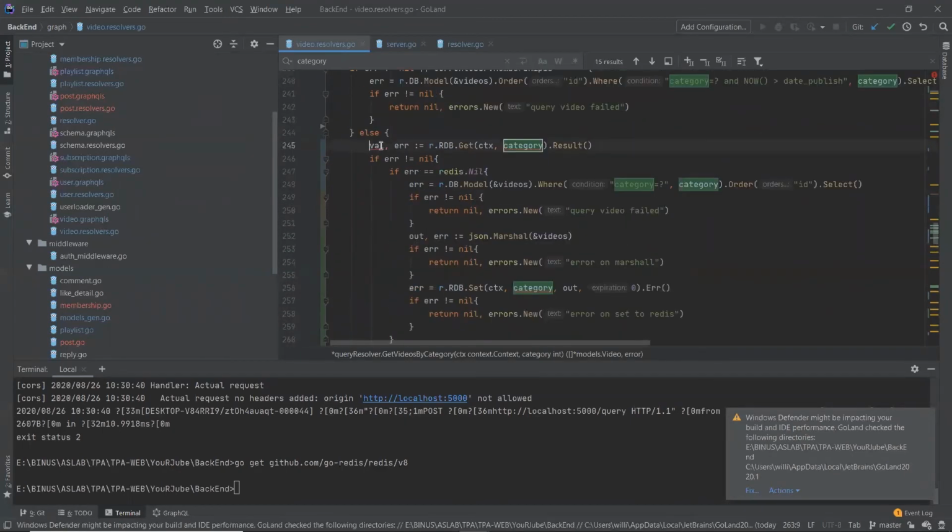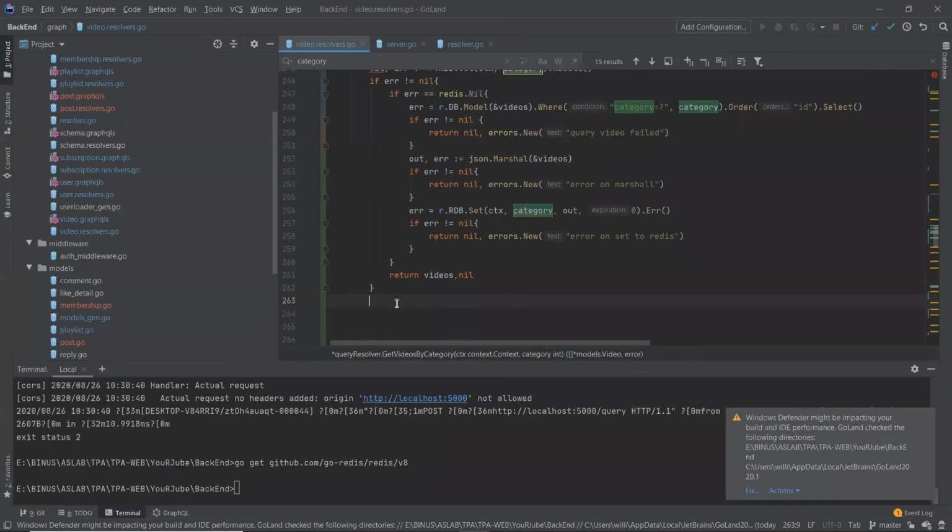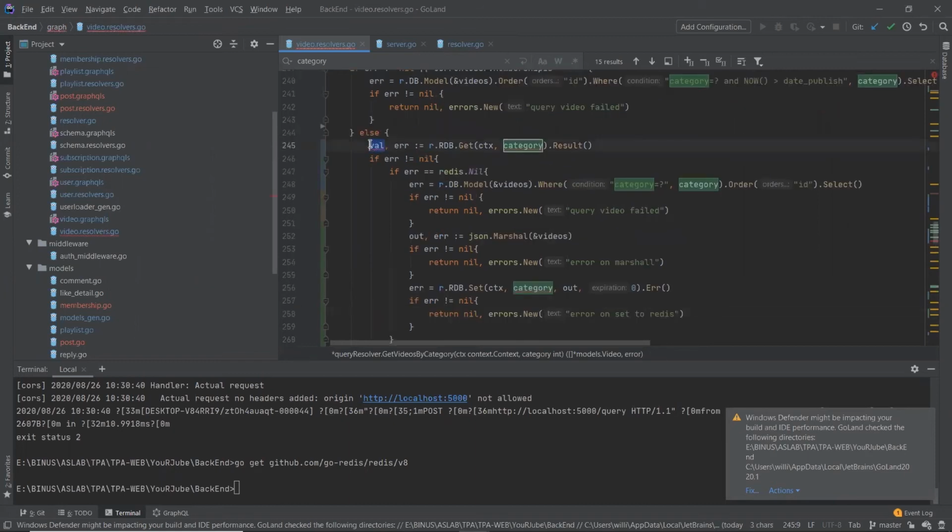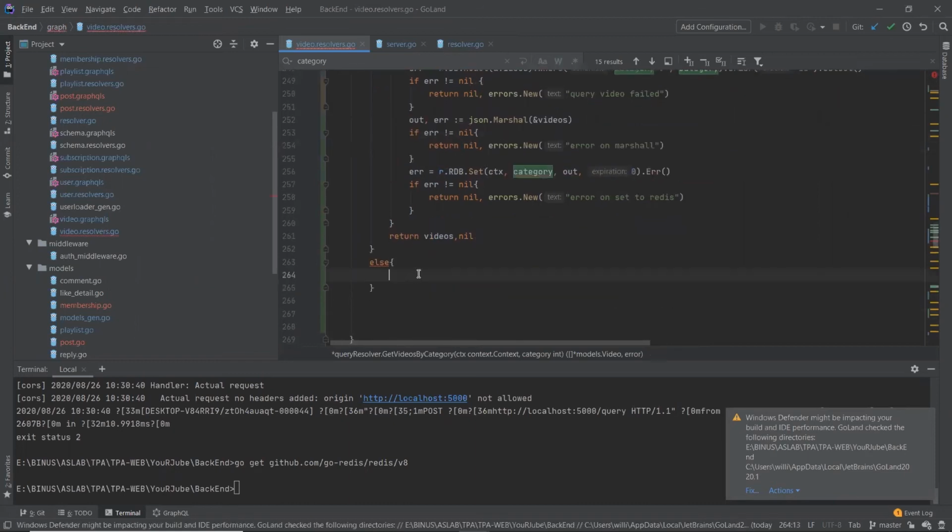So if we get the value from the Redis, we can simply use the val value here. Here we just need to unmarshal the value, because this value type is a JSON string type, so we need to convert it back into an object type.